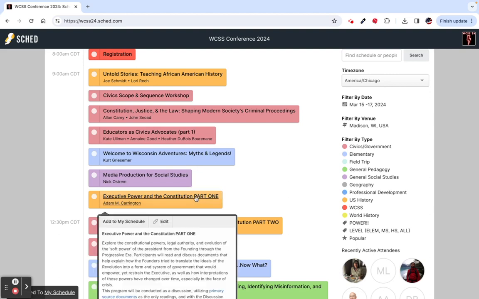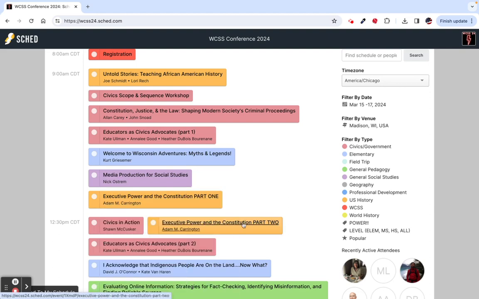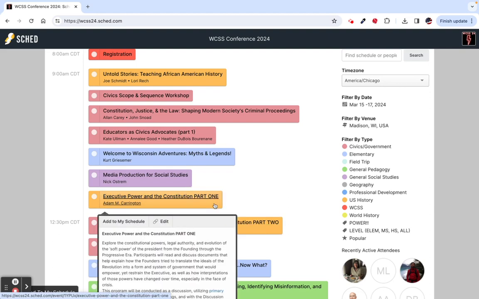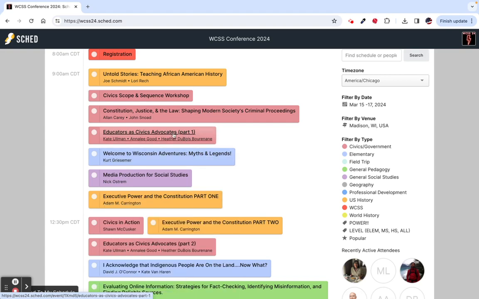And then also the Executive Power in the Constitution seminar, part one and part two. That is a double session, as is Educators as Civic Advocates. For the Executive Power and Constitution double session, they're going to send you primary sources that are going to be the core of the discussion.